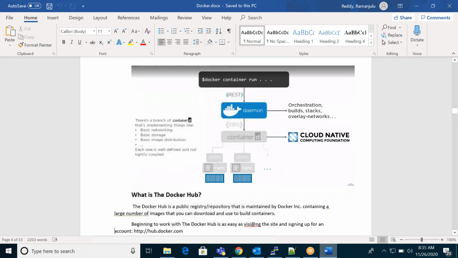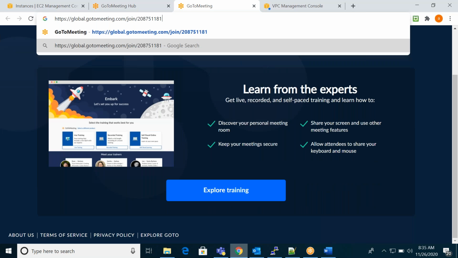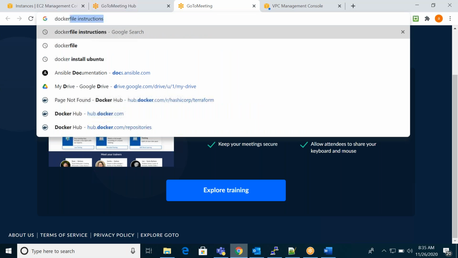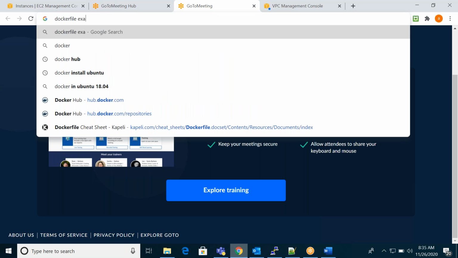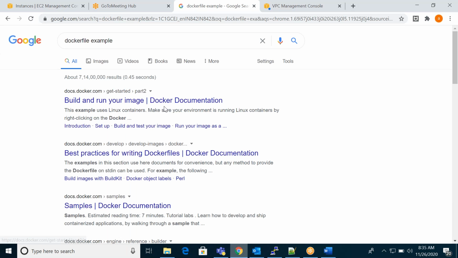If you search in Google for a Dockerfile example, you can see some examples. It's the same thing.